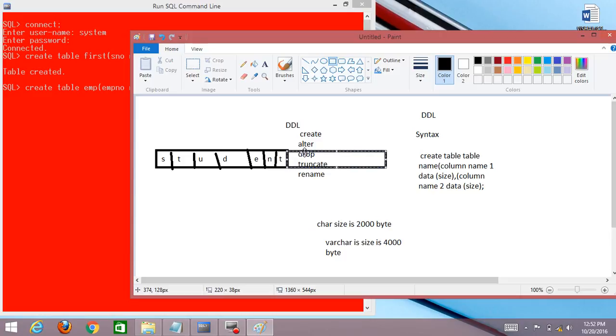Which multiple tables? Please see clearly: table 1, 2, 3, 4, 5, 6.